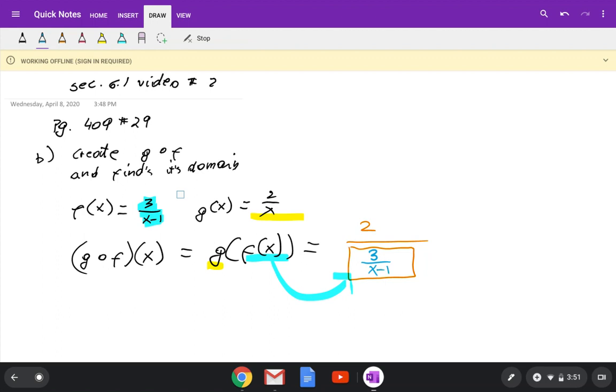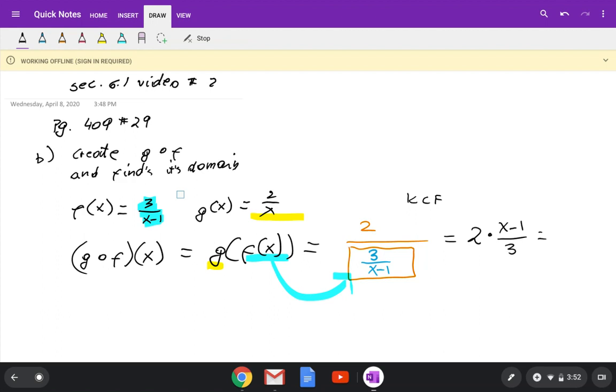Okay, so this is g composed with f. We start with the equation of function g, which originally was 2 over x. Instead of x, I put the brackets, and I'm showing you the substitution: the equation of function f replaces the x. Now here you will need to simplify. Technically you have a fraction divided by a fraction, because 2 is the same as 2 over 1. So I'm going to apply keep, change, flip. I'm going to keep 2, change division to multiplication, and flip the bottom fraction, so that becomes x minus 1 over 3.